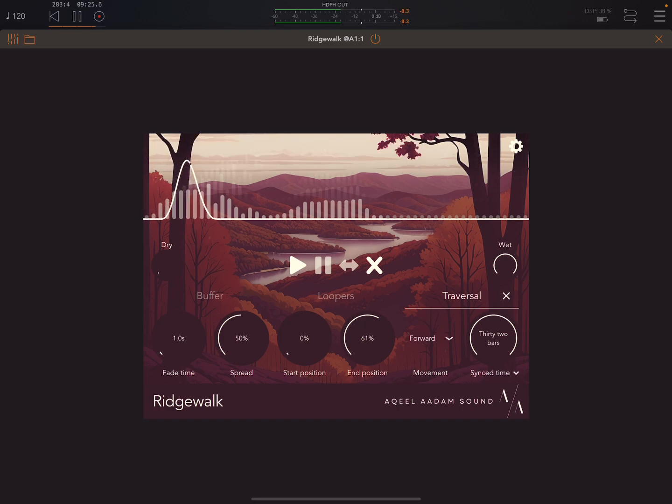Here it's going to move forward very slowly. It's going to take 32 bars. So we could also have